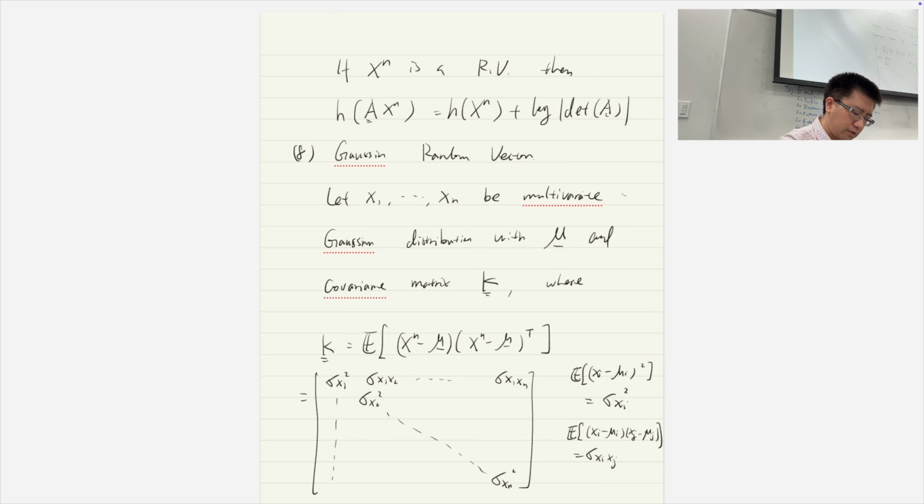Here we can write one more term, sigma x2 x1, up to sigma xn x1, and so on. So this is a covariance matrix. And given the mean and the covariance matrix,